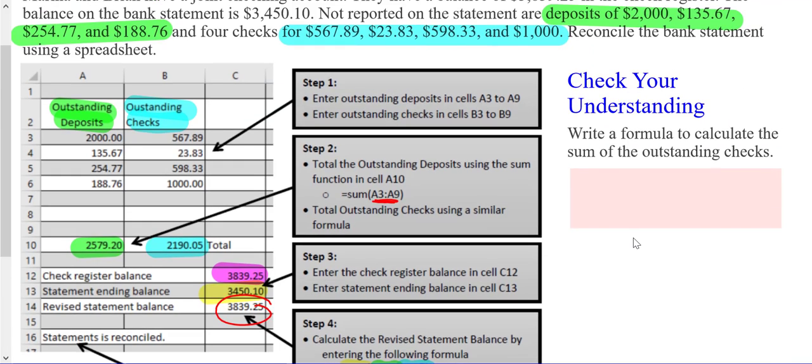So write a formula to calculate the sum of outstanding checks. So we know right off the bat we want to start with our equal sign. And when we add the checks, we're doing a sum function because we're adding them all together. And if you look at the cells, we're not going to use A3 to A9. We want to use cells B3 all the way down to